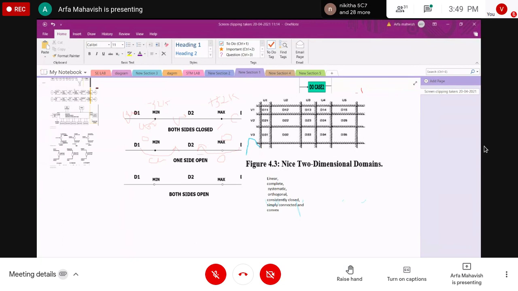Two points determine a straight line, and 3 points determine a plane. In general, n plus 1 points determine an n-dimensional hyperplane.